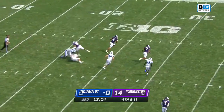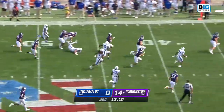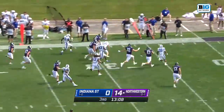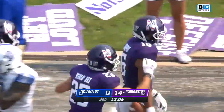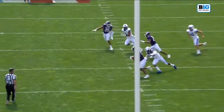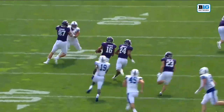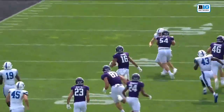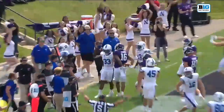Here's Brandon Joseph on the punt return. He clears the first wave and has got some room to run. Blockers in front. Well into Indiana State territory and knocked out of bounds by the punter, Travis Reiner. To talk with him over the summer, he was talking about he's more than just a takeover machine and showing the opportunities, right, to make plays. And the more you can do in this game. And again, sudden change, big play from a...